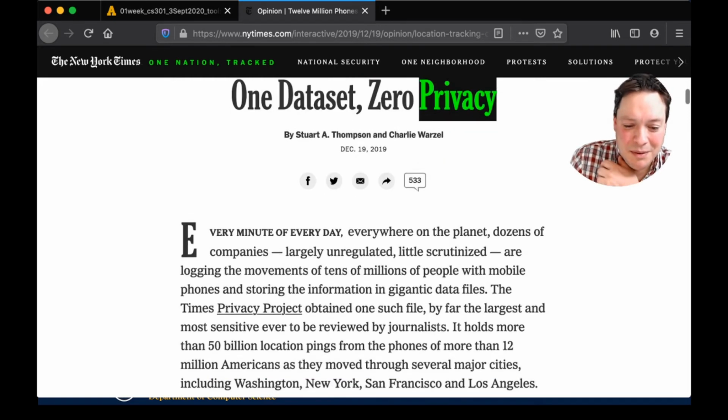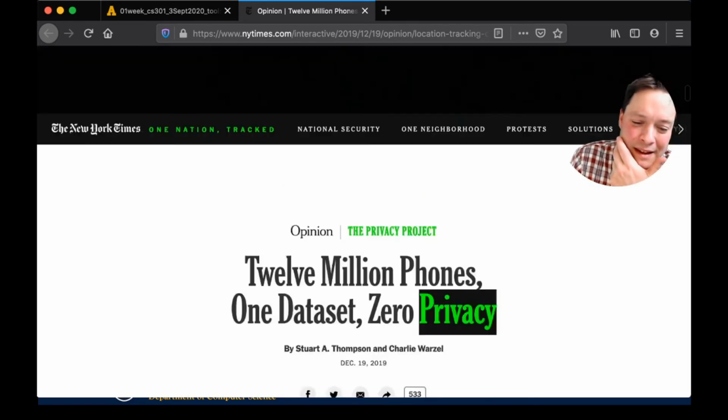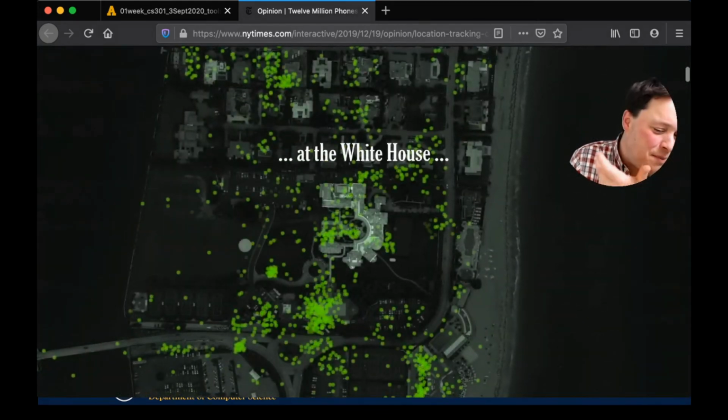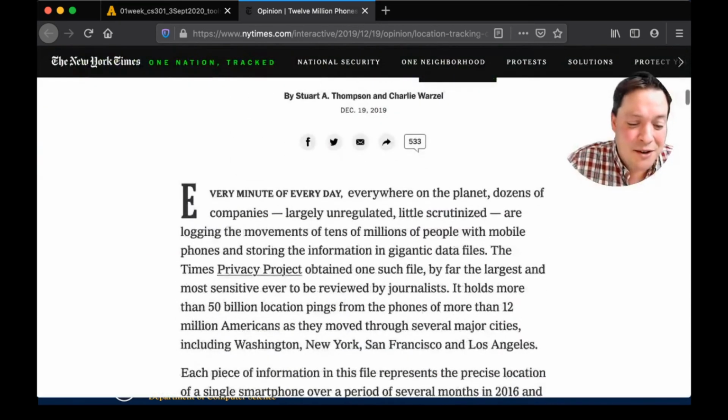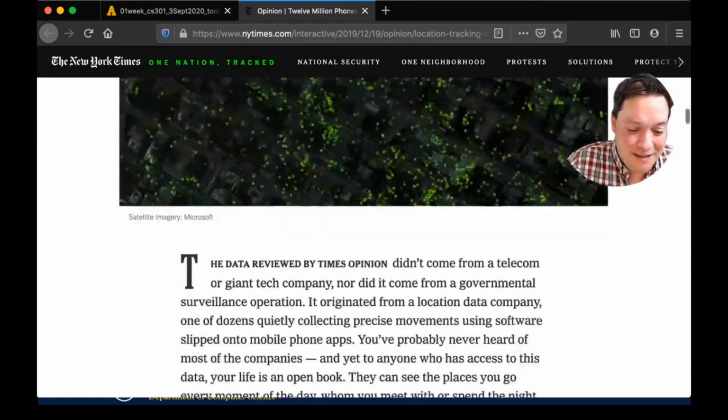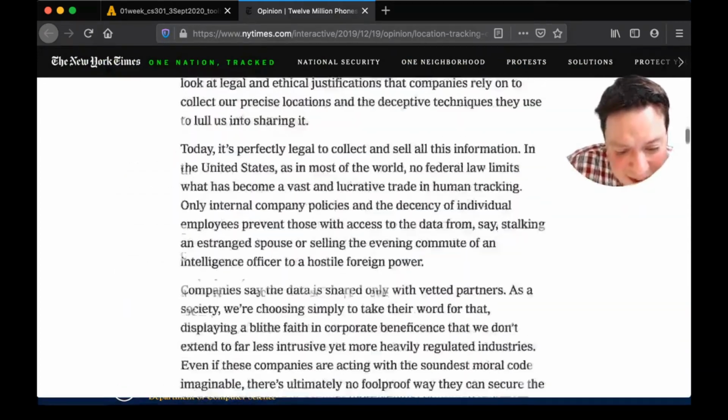But you're probably thinking by now, going back to these points here, how can you possibly tell whose phone is whose? I mean, all these green points, how can anyone really know anything about who's going where? Well, they address that in the article, which I think was the piece that gave me the creeps.